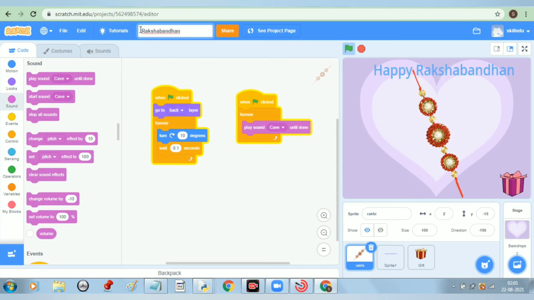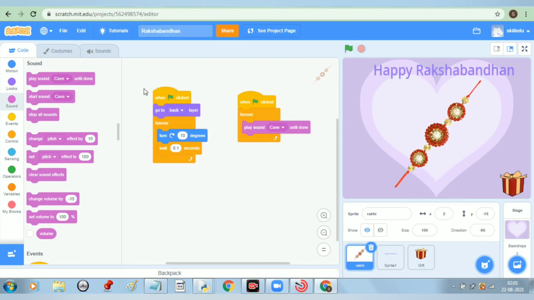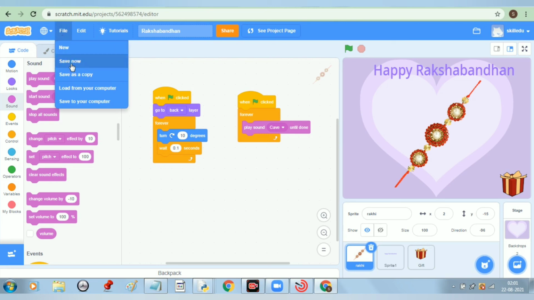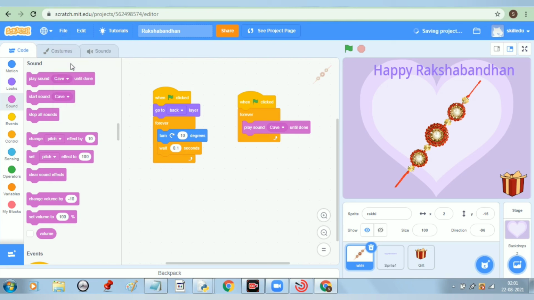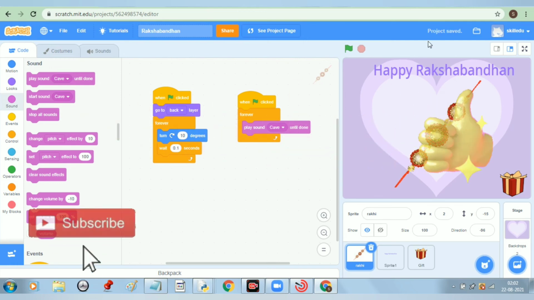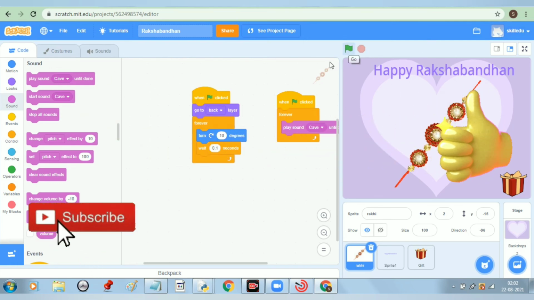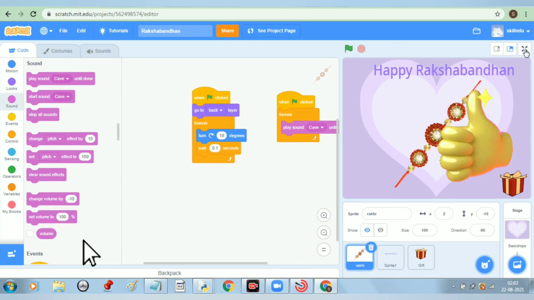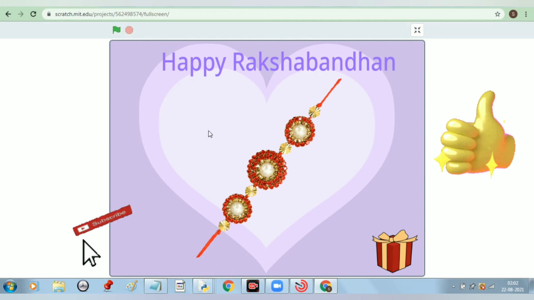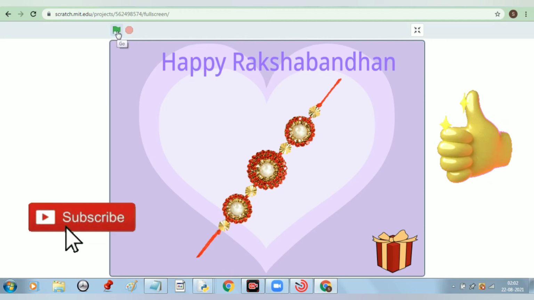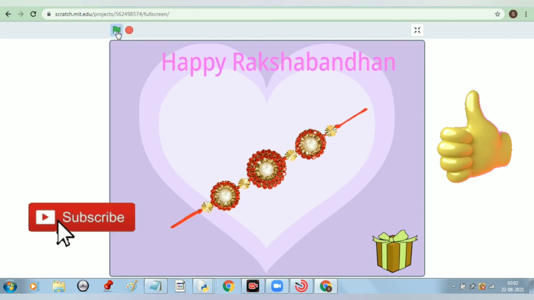And if you are saving this project, let me first stop this. You can click this red button to stop your project. If you are saving your project online, you can click File and click Save now. So project saved, done. Now let us click this full screen control. Let us now see the demo of our project. Click the green flag. So here our project goes.